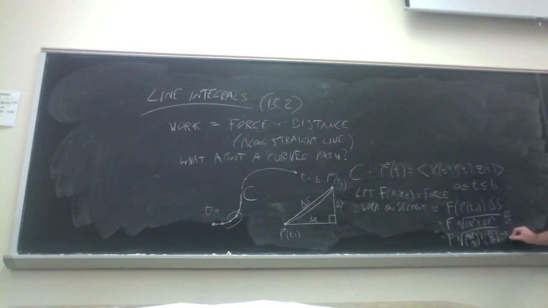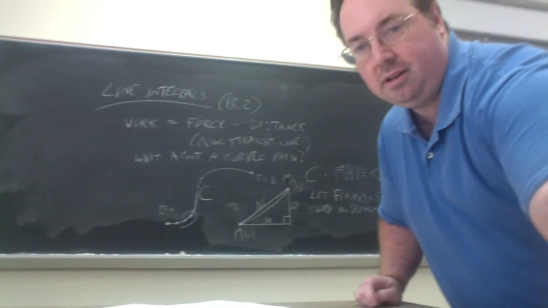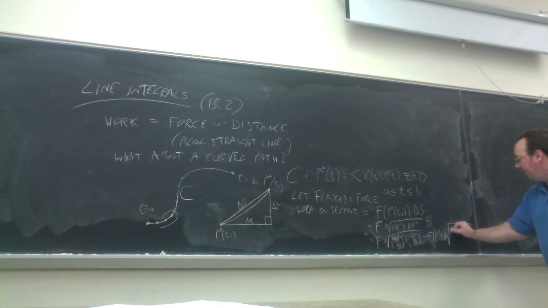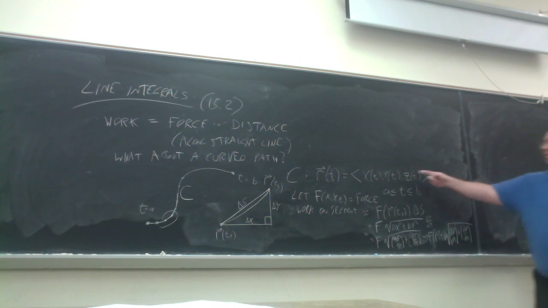So this becomes, as delta t goes to 0, I have my force evaluated at a certain point, r of t, times the square root of dx dt squared plus dy dt squared. That's something I can compute because these equations, the parametric equations of a curve, that's something that would be given. So if I want to get to work over a single segment,